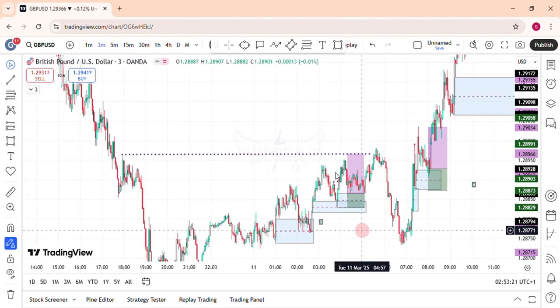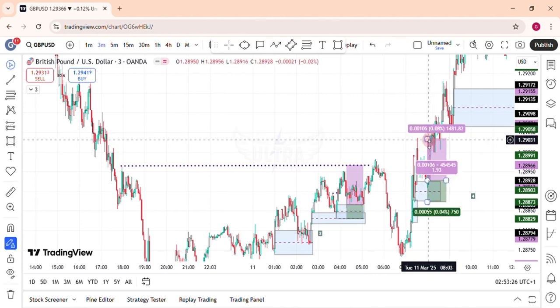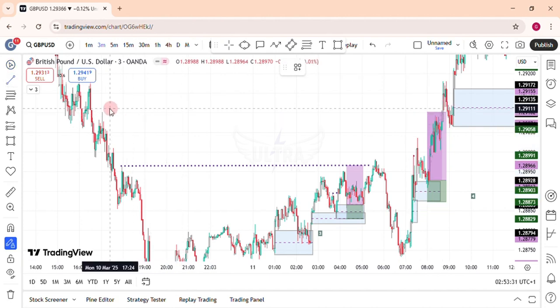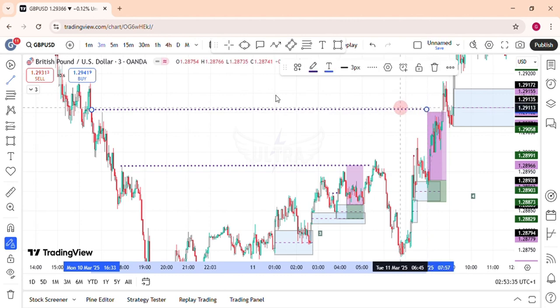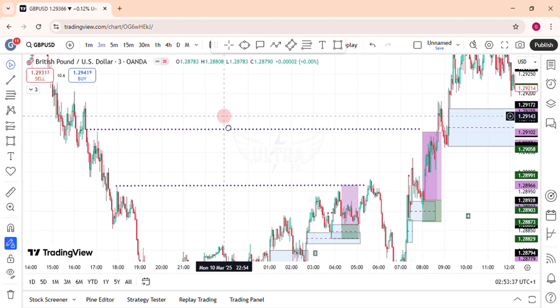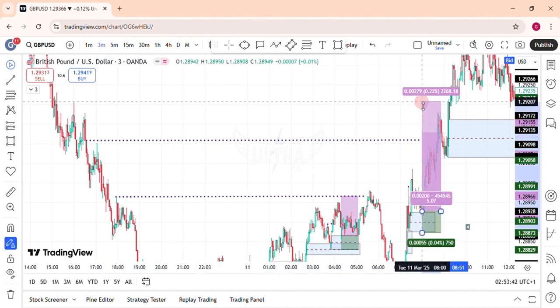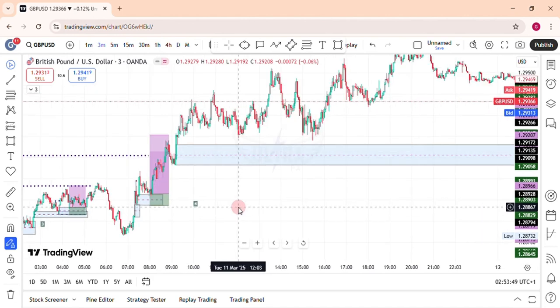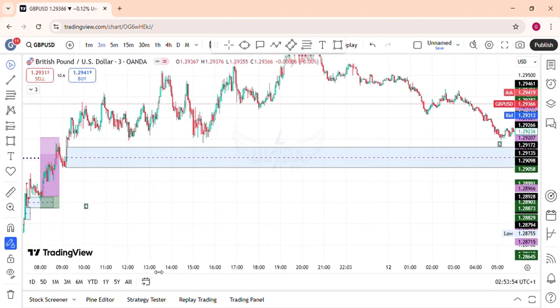Or better still, you can just move on to take profit here, and this is just at the start of a fair value gap right here. You can take your profits here, giving you a risk reward of 3.16, or here a 5-point risk reward ratio. So let's go over to our number 5 trade. Our number 5 trade happened on